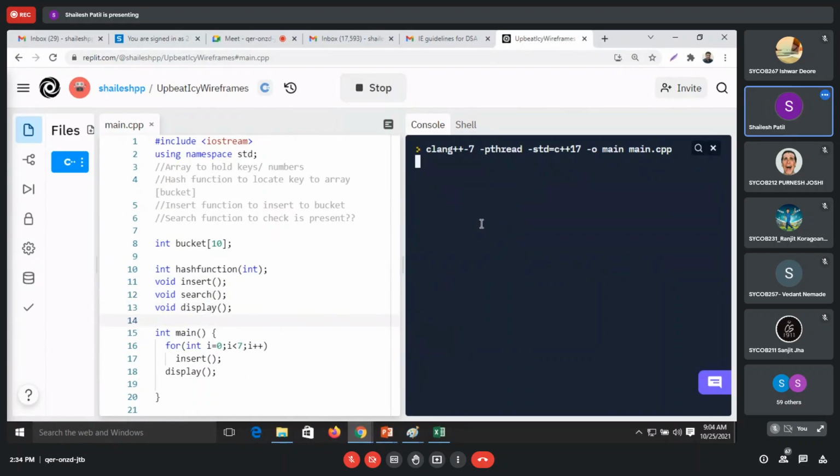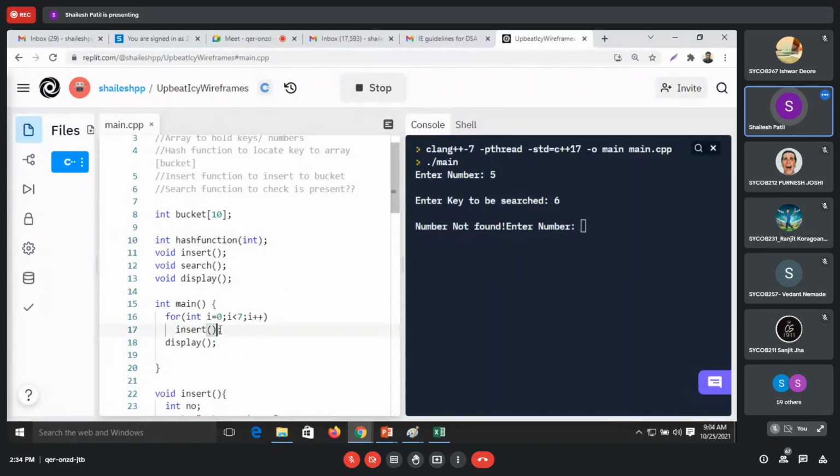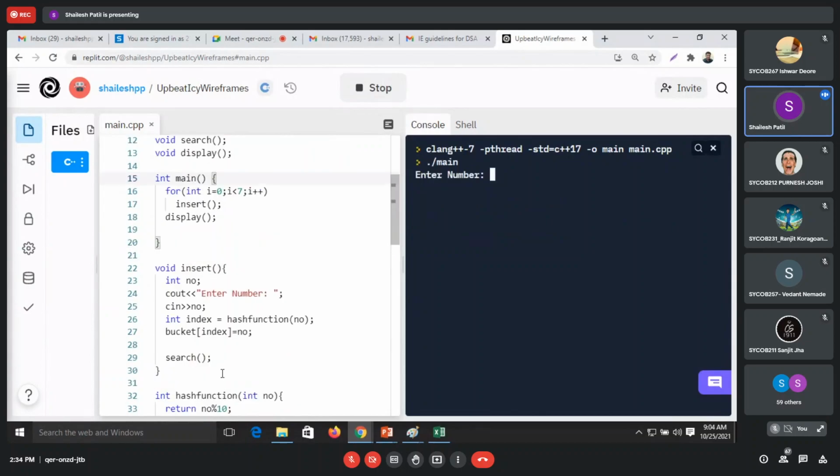We'll run again. Enter number 5. Okay, so it's inside the for loop of search. I had written that by mistake in insert. Sorry. We'll run it again.